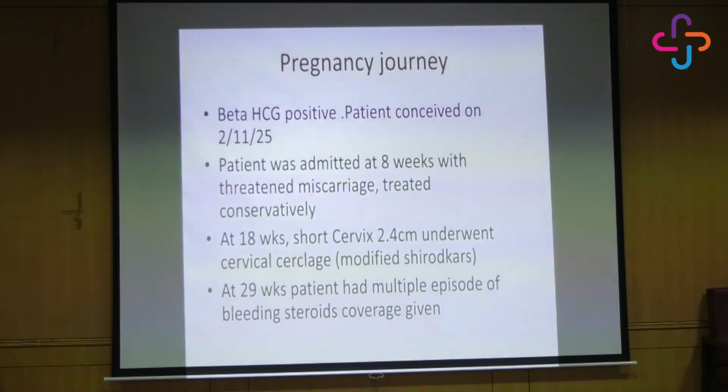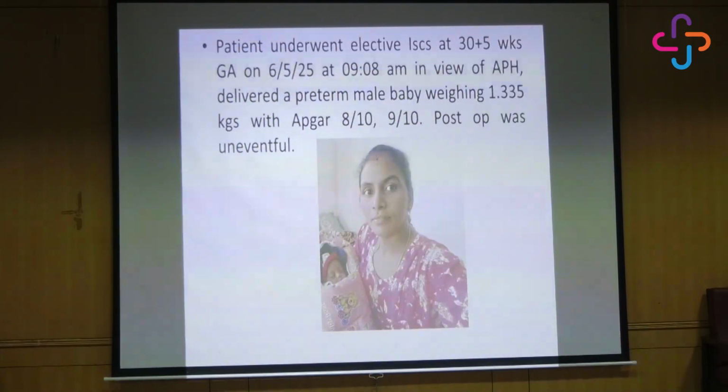At 18 weeks in her scans, she was found to have a short cervix, for which she underwent a cervical cerclage, a modified Shirodkar. She came for very close follow-up at our hospital, and fetal maternal monitoring was done. At 29 weeks, she presented with multiple episodes of bleeding. Steroid cover was given. In view of this persistent bleeding, she underwent an elective cesarean at 30 plus 5 weeks